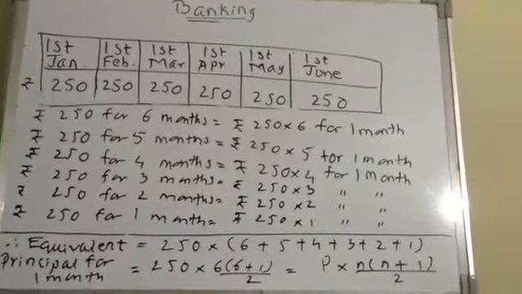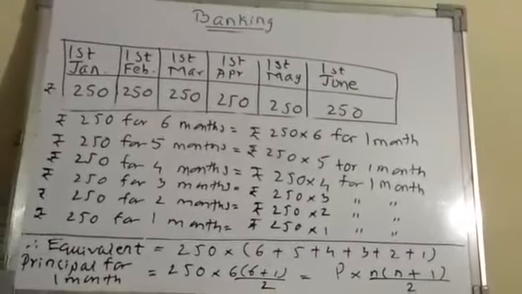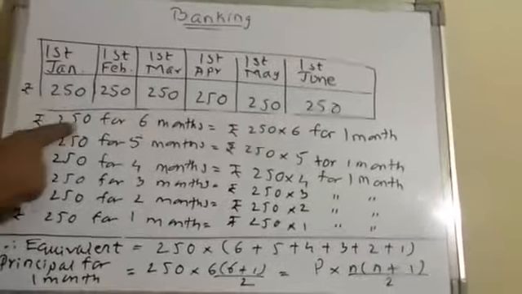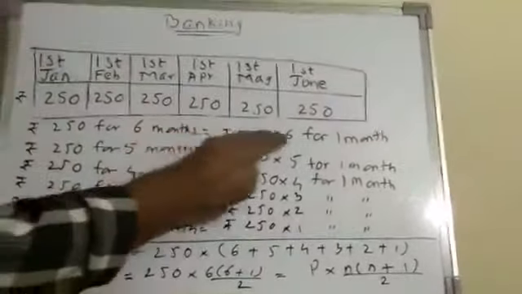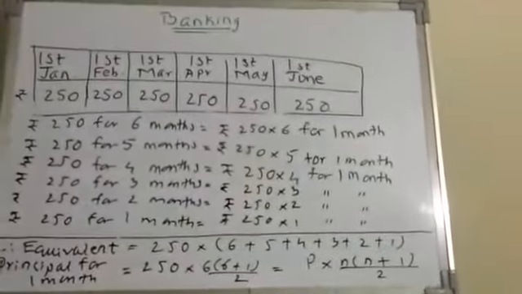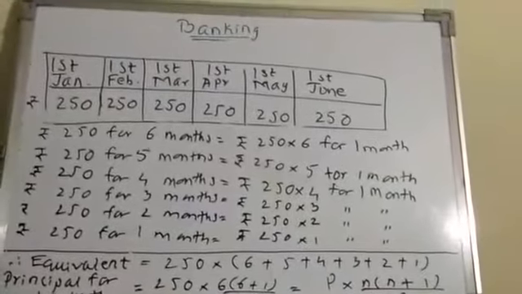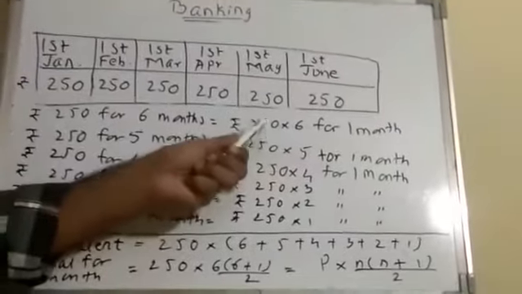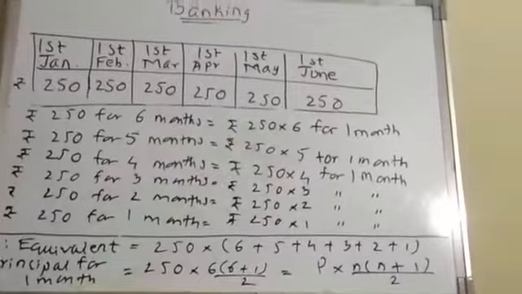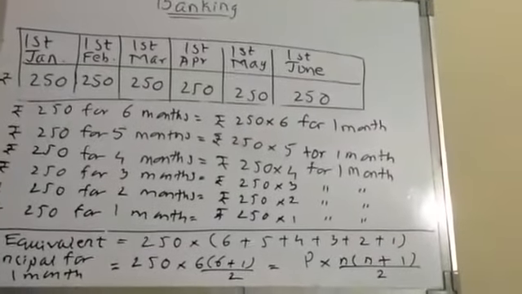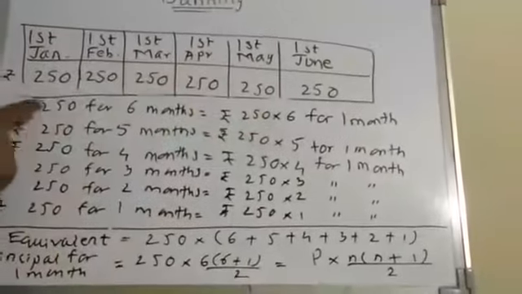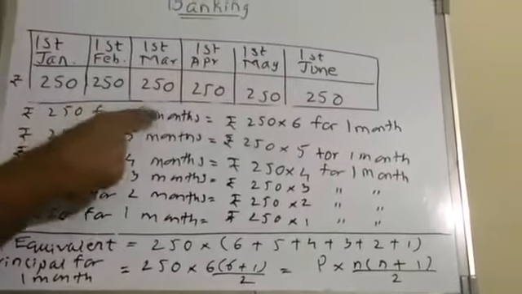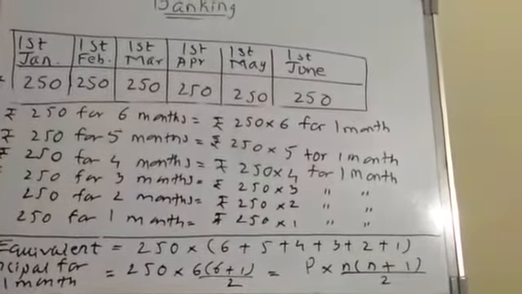Now let's understand what's happening to this 250 rupees. These 250 rupees are going to stay with the bank for 6 months, which is equal to rupees 250 into 6 for 1 month. Now what is the meaning of for 1 month? If somebody says that I will deposit 250 into 6, how much is that? 1500 rupees. If he says that he is depositing 1500 rupees for 1 month, or if he allows his 250 rupees to stay with the bank for 6 months, it is one and the same thing.